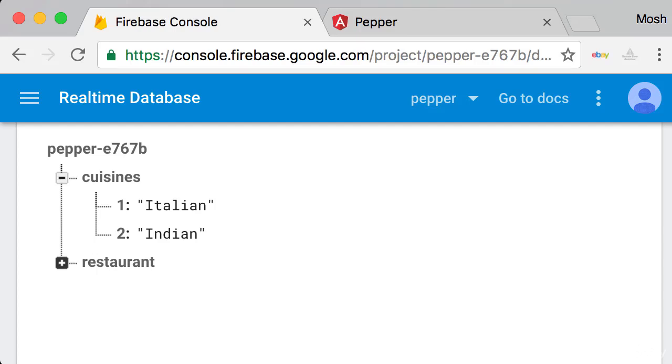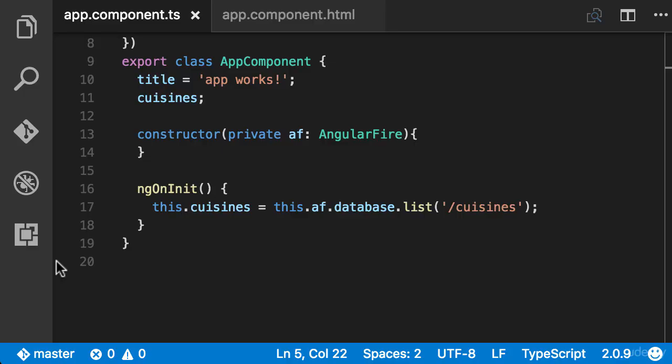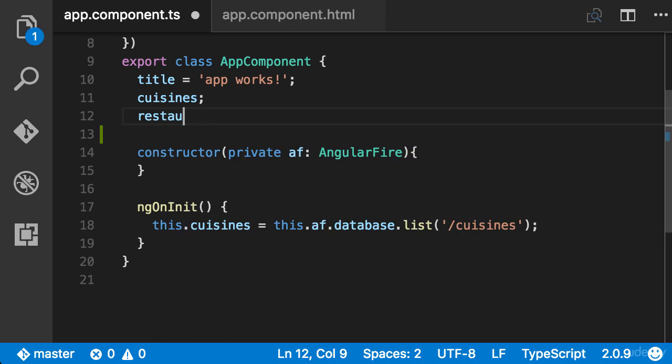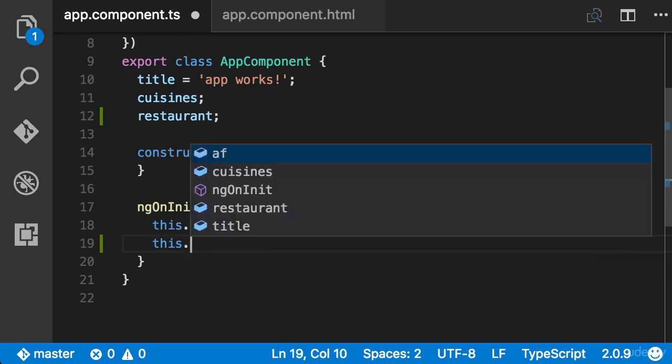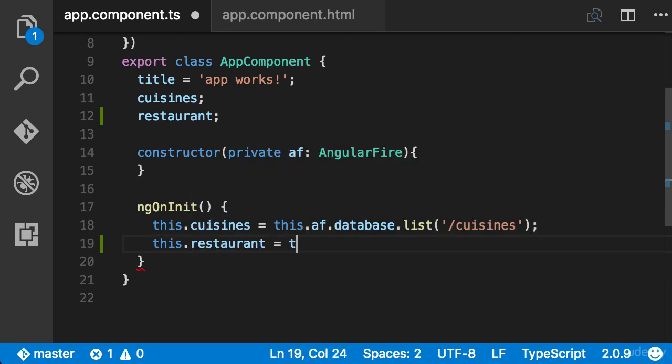Now, what if instead of rendering a list, we want to render just one object, like this restaurant object here? Back in app component, I'm going to declare a new field here, restaurant. And then set it in ng-onInit method. So this.restaurant equals